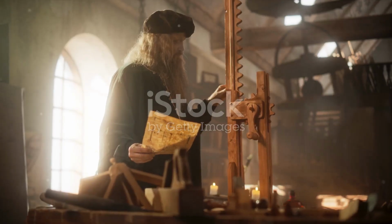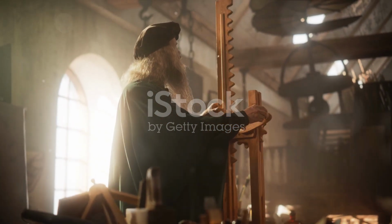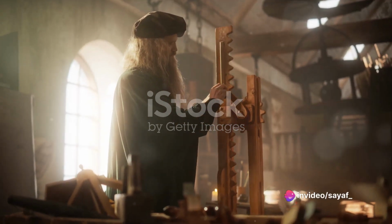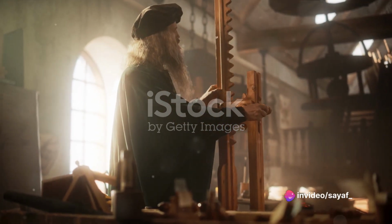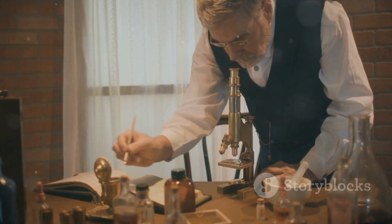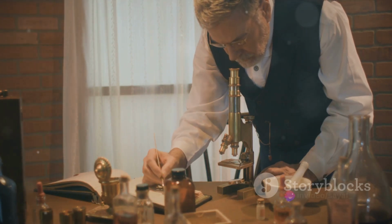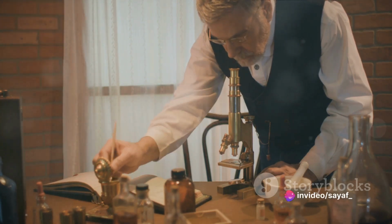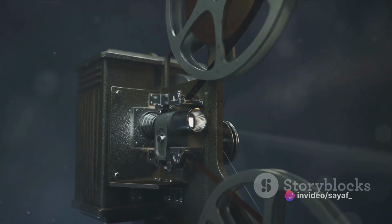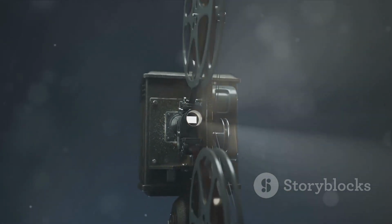First, let's talk about Paul Nipkow, a German inventor. In 1884, Nipkow patented a device known as the Nipkow disc. This simple yet ingenious mechanical device used a spinning disc of metal, perforated with a series of holes spiraling from the edge to the center. As the disc spun, it scanned an image line by line, translating it into electrical impulses. Though Nipkow's invention never produced a practical television system, his idea of line-by-line scanning became a fundamental principle in future